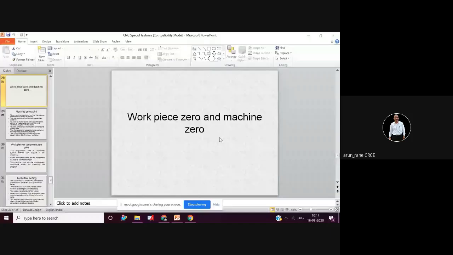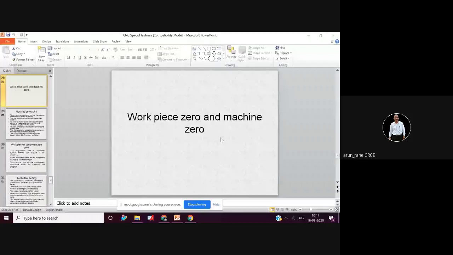Again, we don't touch directly to the box. We keep a small piece of paper between the workpiece and the tool. We keep on moving that piece of paper as well as the tool, and then that piece of paper stops moving. So that is the point where the tool has touched the box, right? So this is how we take the Z offset, and this offset is called the tool length offset.